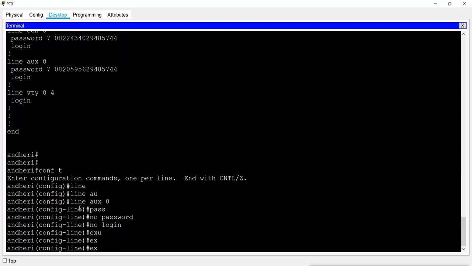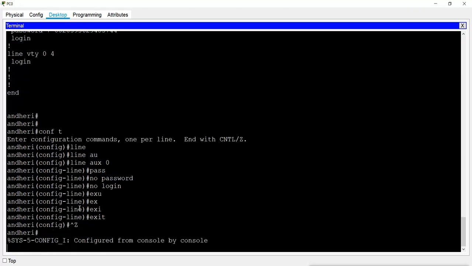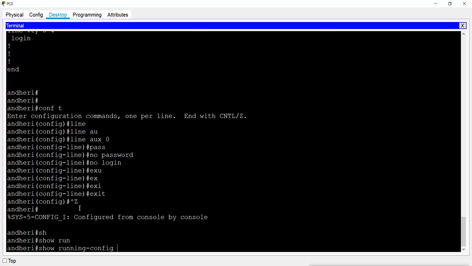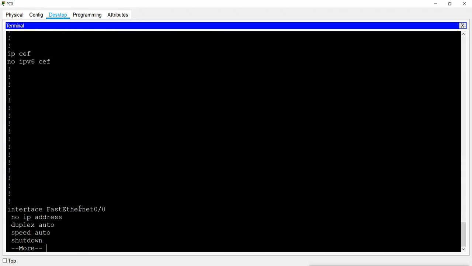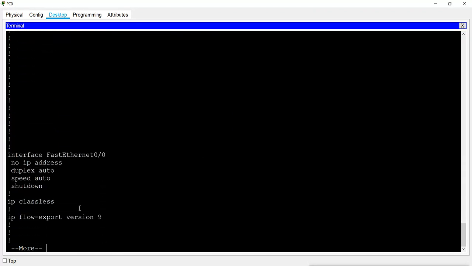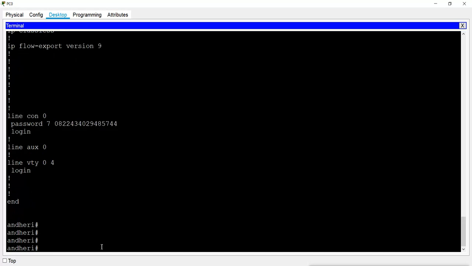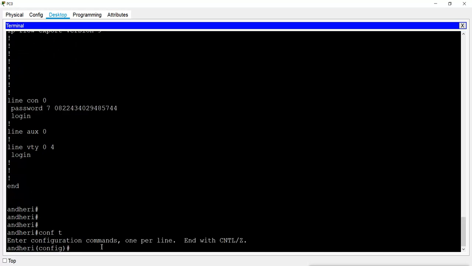And we can check by using show running-config, and now you can see there is no enable secret, and also there is no auxiliary password, and there is no login also. Console password is still there. If you want to remove that one also, again very simple, just go to the line where you have assigned the password.